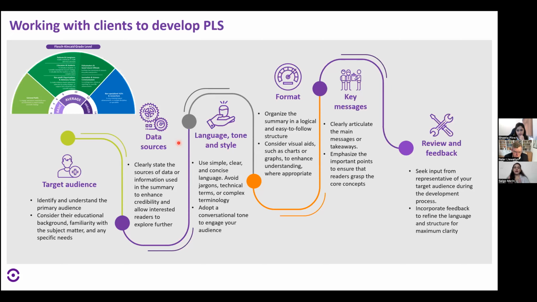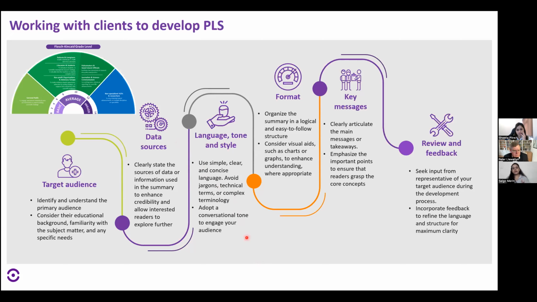So again, this has its own robust data sources. One of the data sources will be the primary publication that is published. And other than that, you will obviously have all your other data sources which you have used to write your publication. And while writing the PLSP, one of the important things which you have to note is you have to mention your primary publication, which has been published. You have to mention that this is where you can find this primary publication and you can go and read.